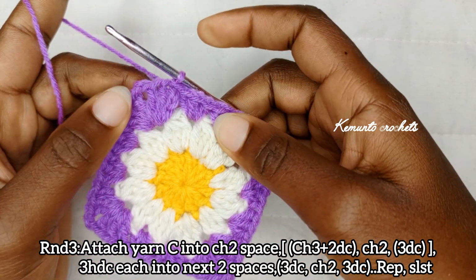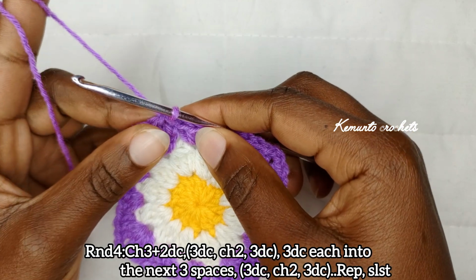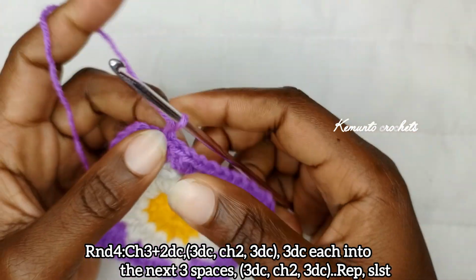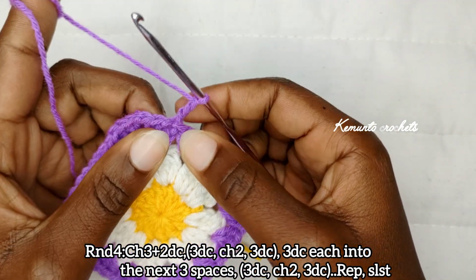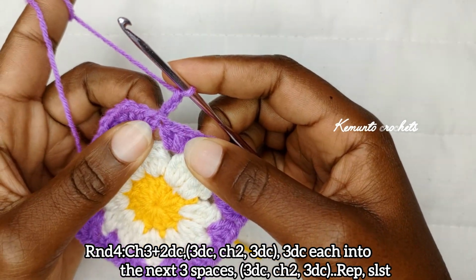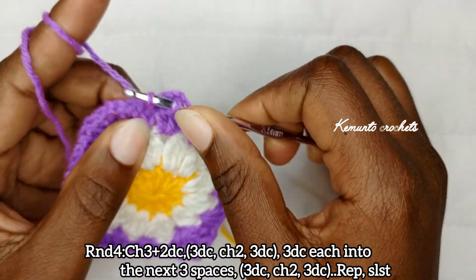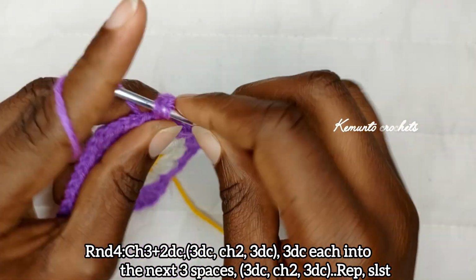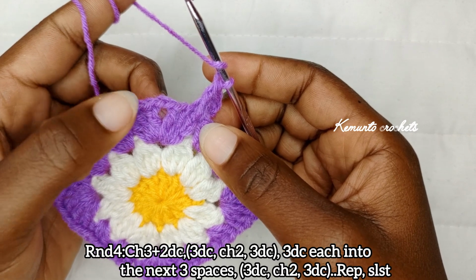So once you're done slip stitching, we are done with our round. To begin round 4, chain 3. This counts as our first double crochet, and into the same space, place 2 more double crochets. Into this space, place 2 more double crochets. This is 1 and 2 to have a total of 3 double crochets, and into the corner, the chain 2